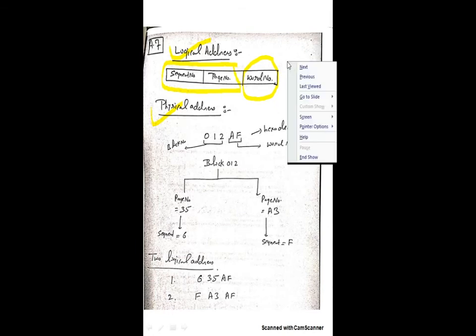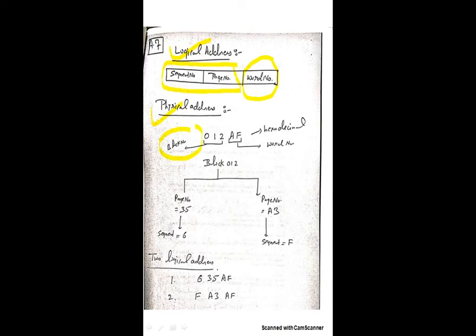you see the logical address, and you have a physical address. Now the logical address has a page number. This is again divided into two parts: the segment number and the page number. Offset is nothing but your word number. Now the physical address has a frame number and an offset. Frame number here is nothing but your block, and offset is nothing but your word number.